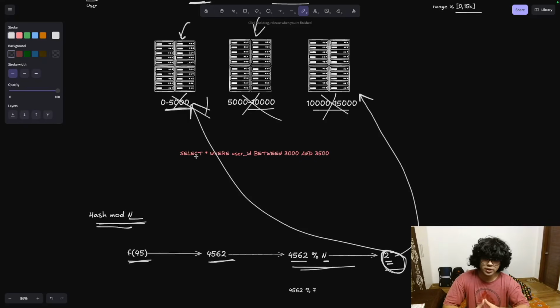Postgres is pretty good. It's pretty versatile. It can handle a lot of transactions, a lot of concurrent writes to the DB. But you should only shard your DB once you can see that no matter what you do, no matter how much power you give to a single machine, it's still very slow. That's the only time you should actually shard your DB.